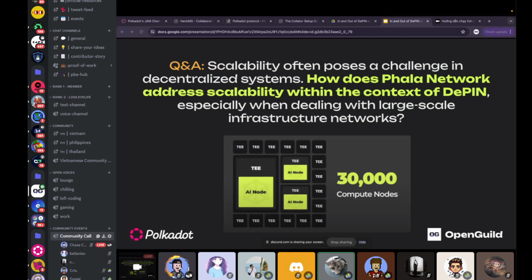And second, how we manage or scale so many nodes is that we have our own design. First, all these workers that join our network must go through a worker registration process. They need to submit some proof, so we can verify that you really have TEE hardware, and we can verify what the CPU is. We call it the computing score, so we can evaluate the computing power of your hardware.